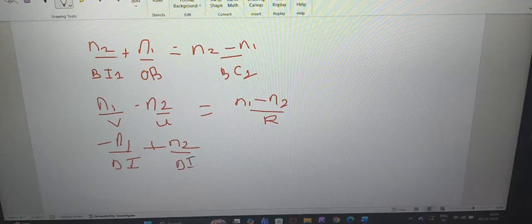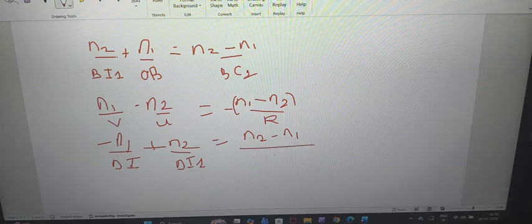Radius of curvature also we will consider negative, like as usual when it comes to the left hand side. So because it is negative, if you multiply the negative sign, what will it become? Negative into negative, positive. Positive n2 I will get, and negative into n1 I'll get negative n1. So they will get interchanged, divided by our r was dc2. So now consider this equation and this equation.